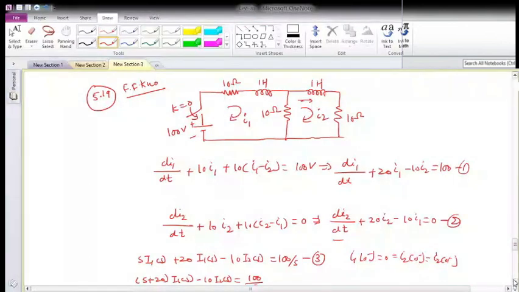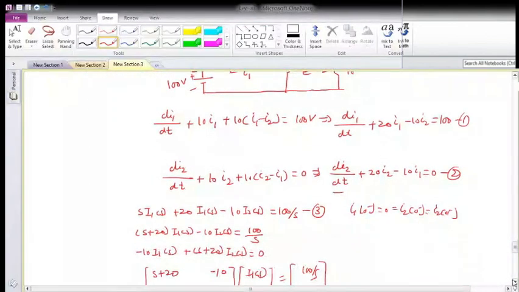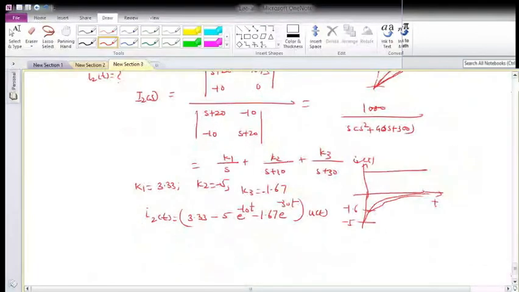So this way, if there are a number of meshes, I think Laplace transform will be the easiest tool to find the particular voltage or current. So this is your choice from where you would like to go. You can solve such kinds of circuits using the differential approach or by the use of Laplace transform, and you can physically verify it also.